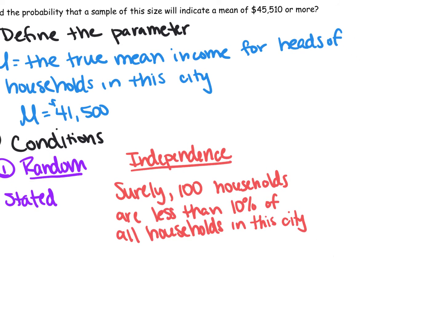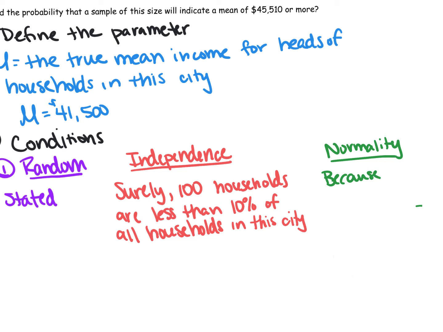And when we talk about means, the third rule is going to be based on either the problem stating that it's normal, or we're going to look at the sample size. And when we look at the sample size, the normality check for a mean is going to be based on the central limit theorem. So our sample size is 100, so